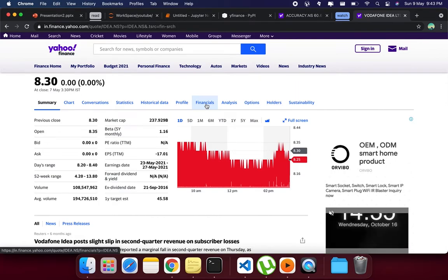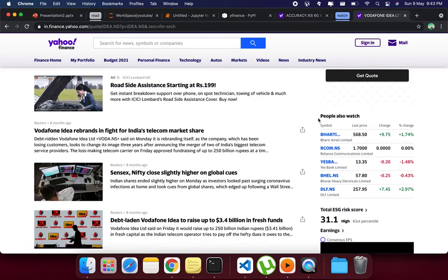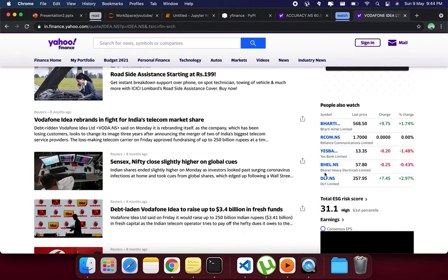This is overall a very great website for going into the stock market, right? And here you'll also find some related stocks. So if I am searching for say idea, what are some of the related stocks around this one, that will also be shown here, like Bharti, so that is the Airtel, Reliance, okay, all these things.